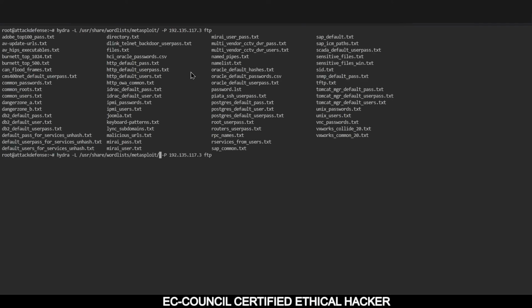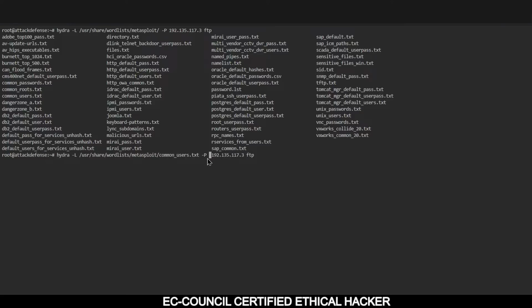Of course, I was showing you what options we get. For the word list, we'll be using the common users txt file. Here we have a list of curated common users, so we'll be using that. And for the password file, we'll be using unix passwords.txt. Okay, so let's get started and see whether we are able to brute force any valid login credentials or not. For the username, we'll be using the common usernames. And for the password,